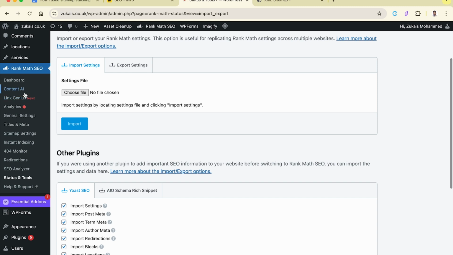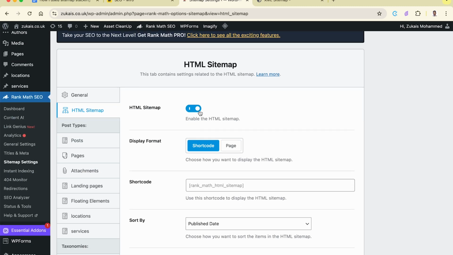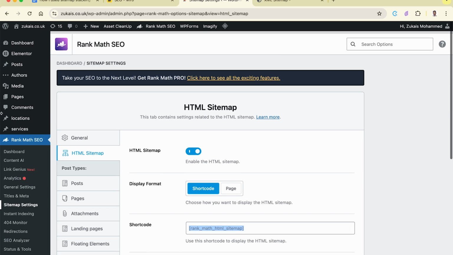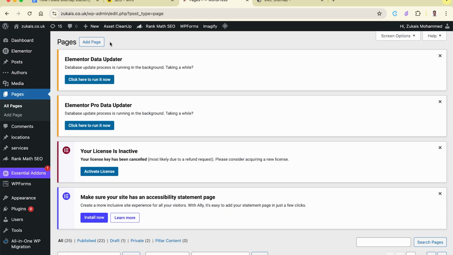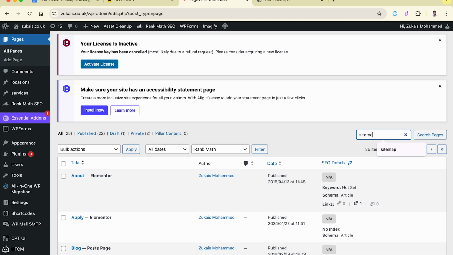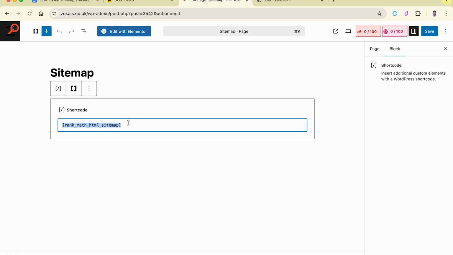So the next thing you're going to do is click back on sitemap settings, and then you're going to click on HTML sitemap. You want to enable this, and then it'll give you a shortcode. You're basically just going to copy this, and then you're going to click on pages. You're going to click on add page, and I've already done this, so I'm just going to type in sitemap. So you're just going to get a new page called sitemap, and then you're just going to paste it in here, hit publish. So I'll just hit save, and then it'll give me the URL, as you can see here,